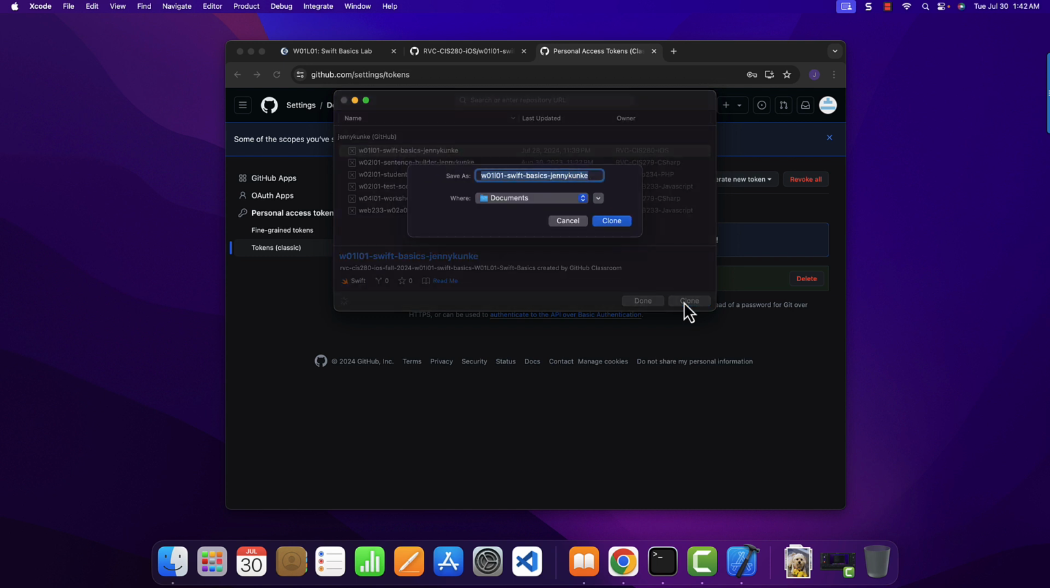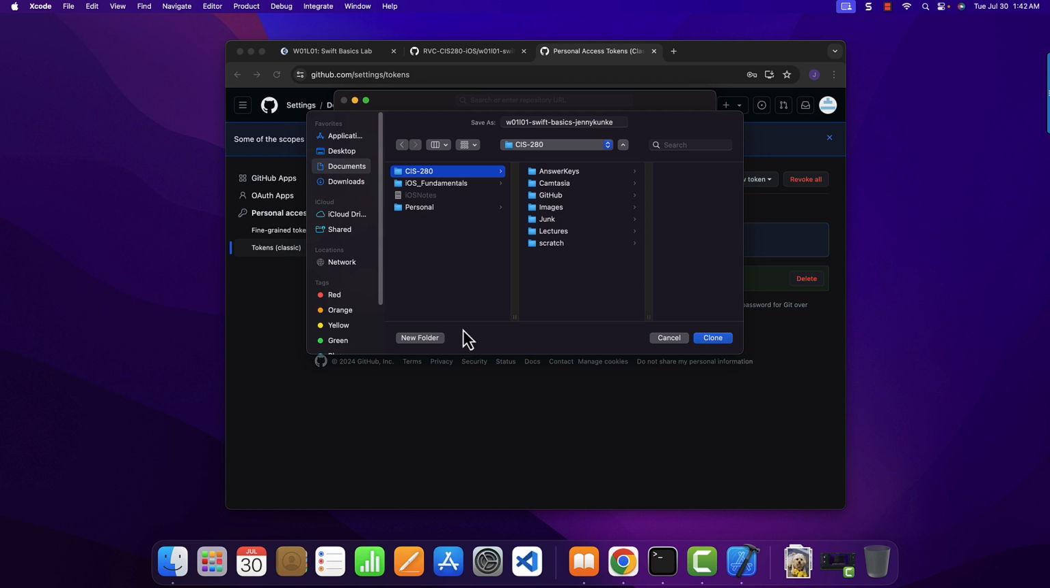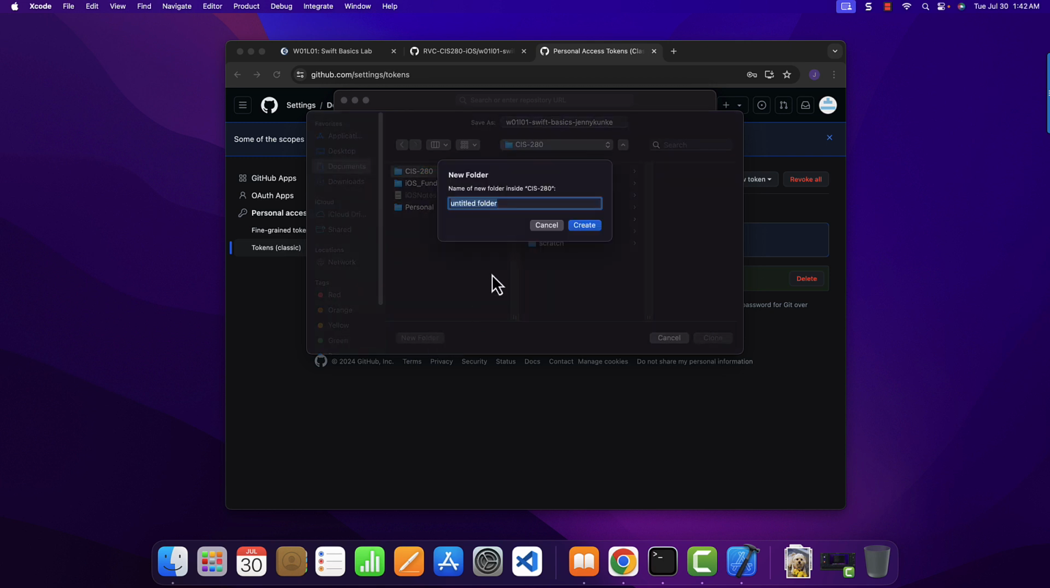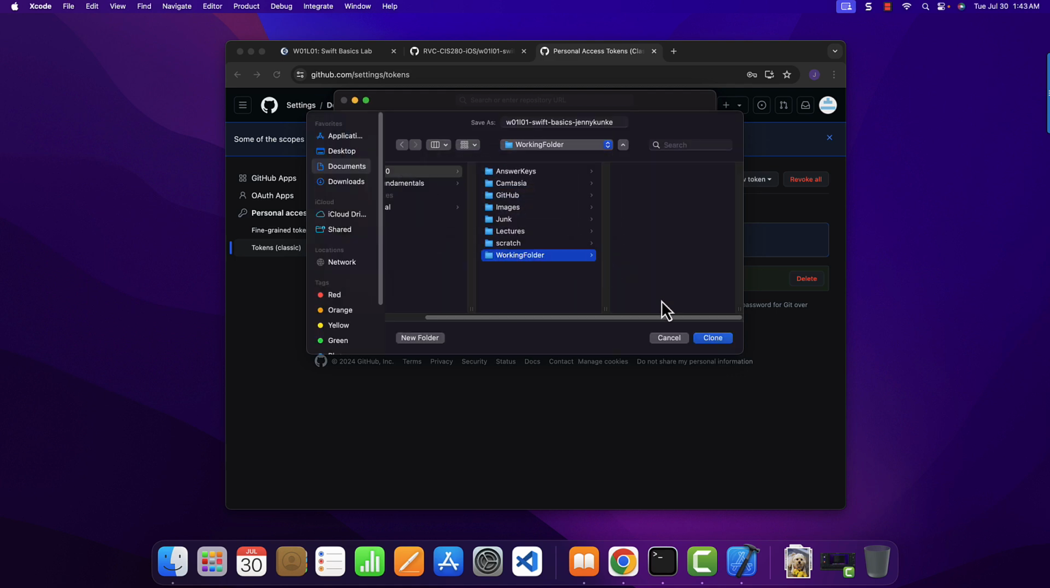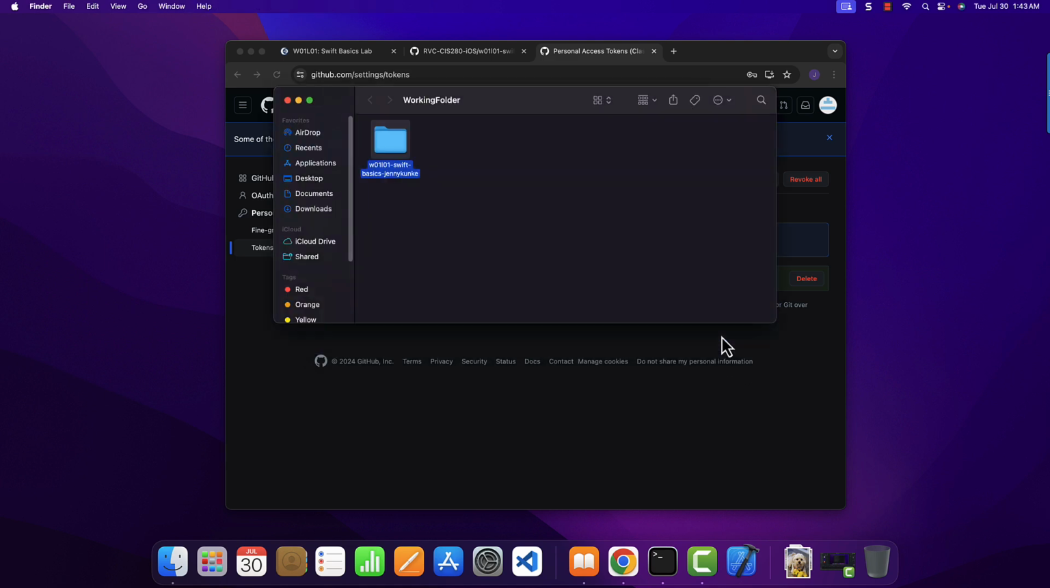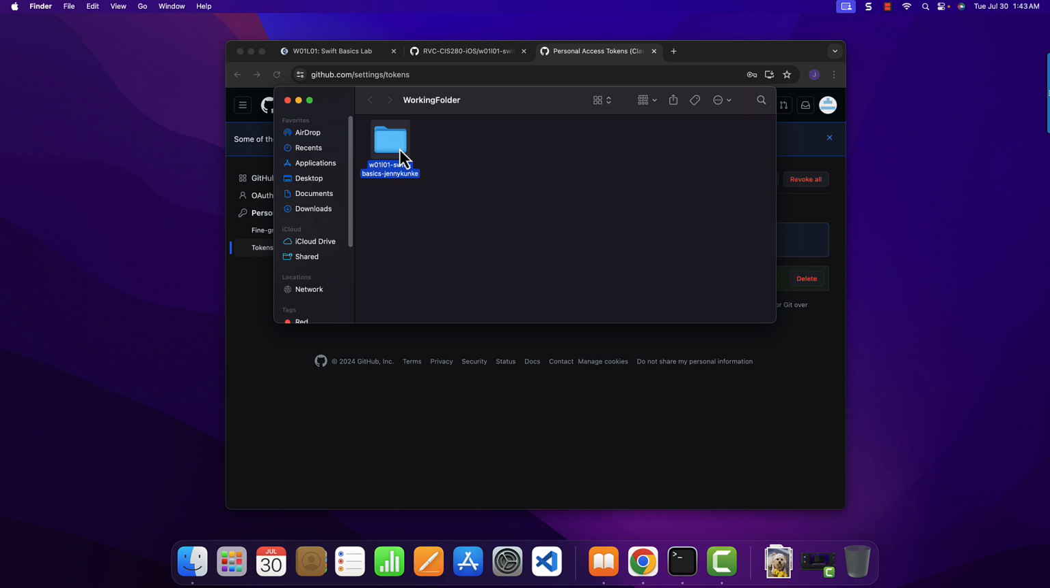Then it's going to ask me where I want to place this. In my case, I'm going to locate an option. Maybe I want to make a new folder within this, maybe something like working folder. You can make it whatever you want to make it. I'm going to clone into that folder. Now, as I look at this folder, I can see that I have my Swift file and I have my